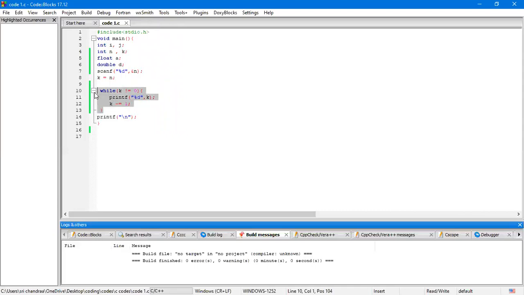If I know the number of iterations I will be running, like i equals 1, i less than 5, i plus plus, this is the case where I know the number of iterations, that is 5, and therefore I'm using a for loop. Since k and n are variables, we can't define what is what, and therefore it can accommodate any number of terms. Now, k is equal to 1.